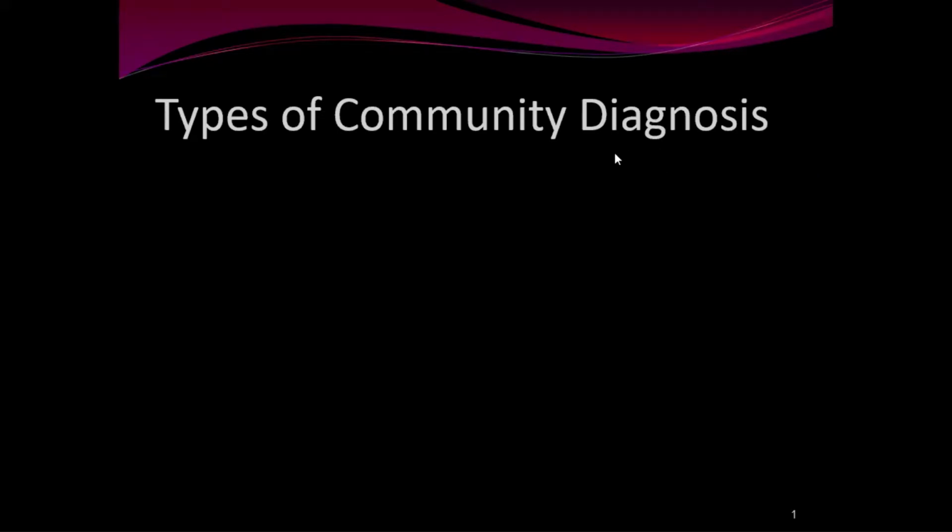So, community analysis is an integrated approach, a comprehensive assessment of the entire population in relation to the physical, biological, and social environment. The main objectives of community analysis are to find out common problems in the community and to assess the available resources in the community. The purpose is not only finding the problems in the community, it is also concerned with how to solve them. What is the appropriate intervention program to solve the community problem?